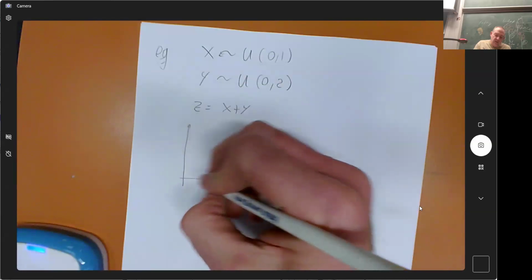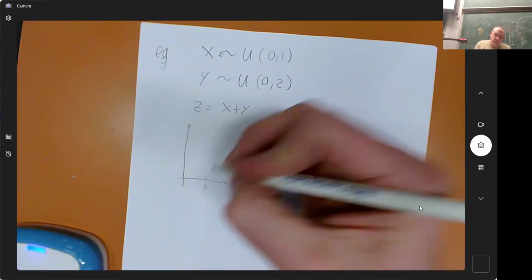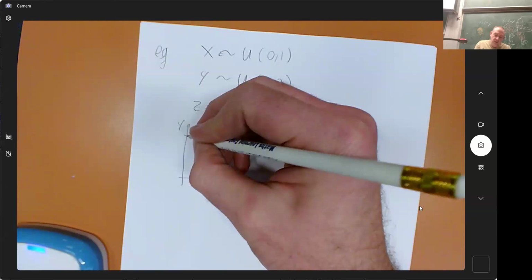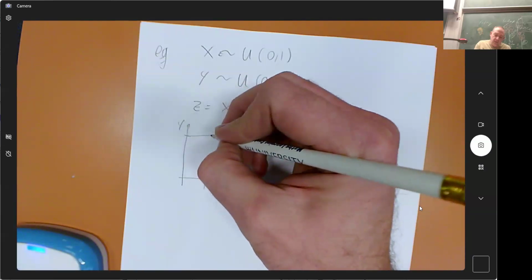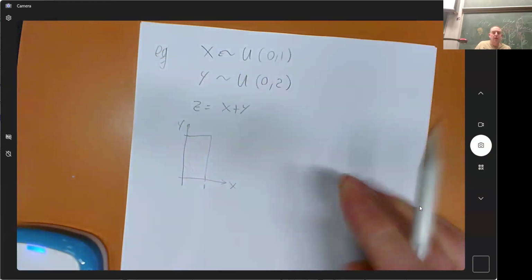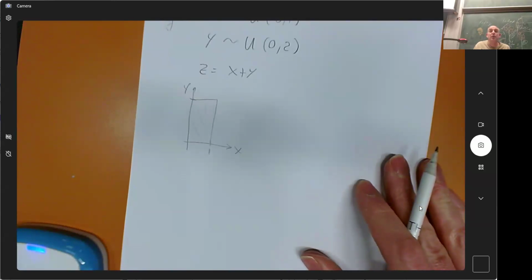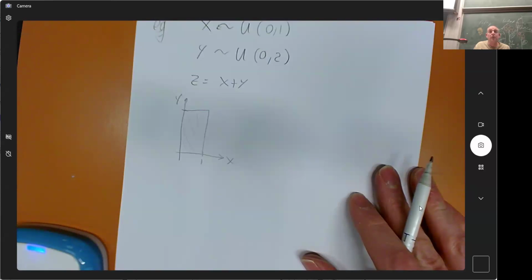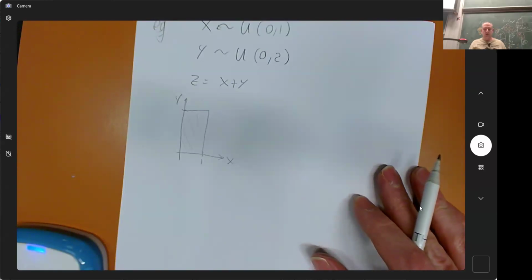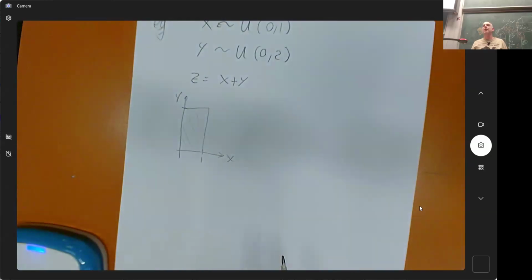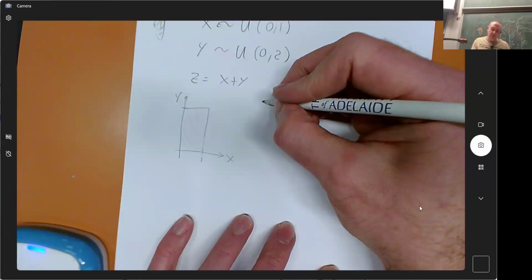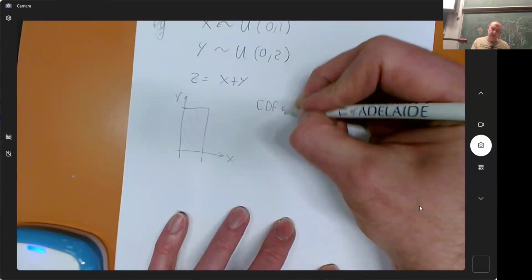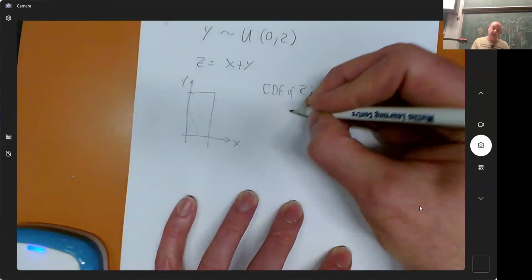So these are the X's from 0 to 1. These are the Y's from 0 to 2. And these are all of the values of X and Y that are possible, the combined values of X and Y. And Z will be the sum of those two values. I may have made myself a really bad problem, but that's okay. So if I want the CDF of Z, then it is